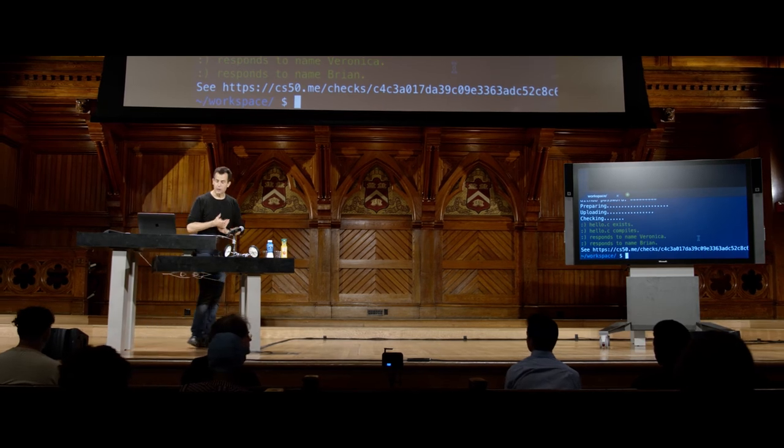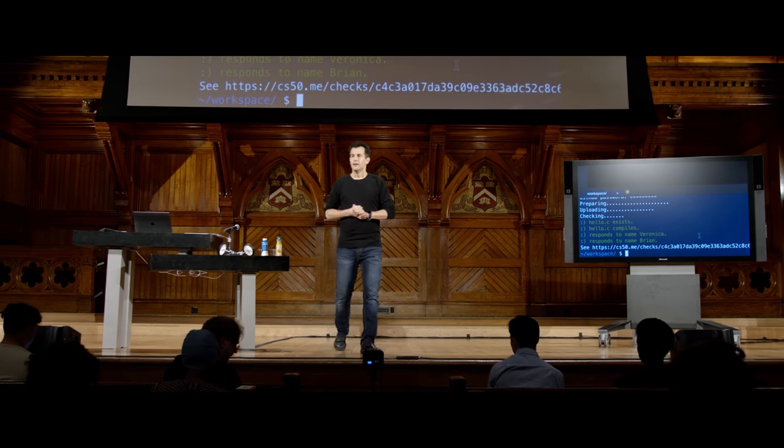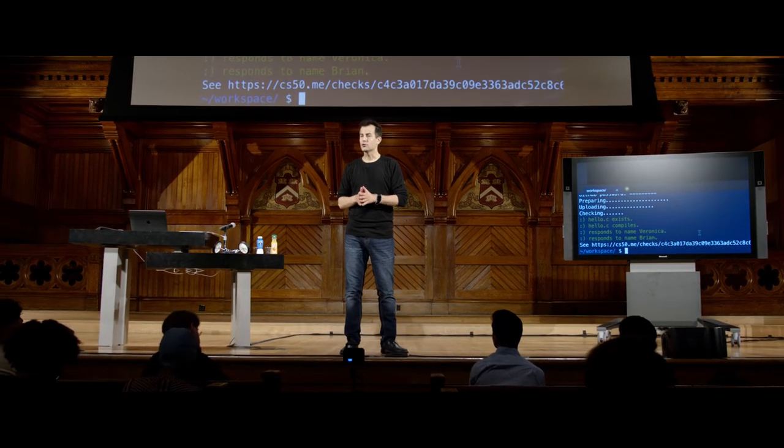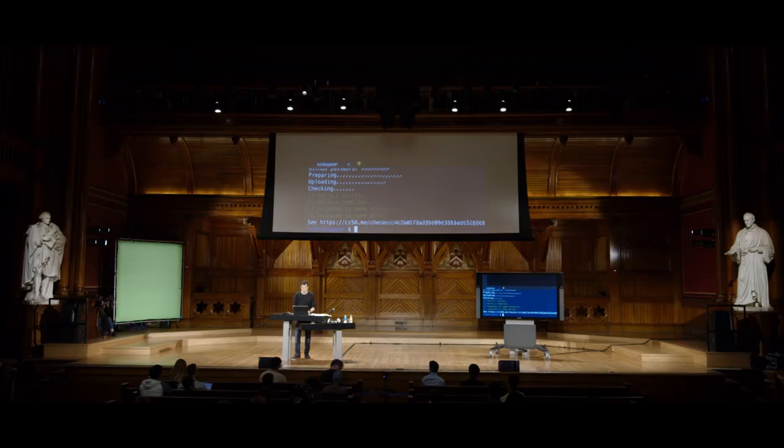Any questions about check50 or any of these commands thus far? Anything at all? No? All right, so let's take a look at the final and most powerful tool now available to you in